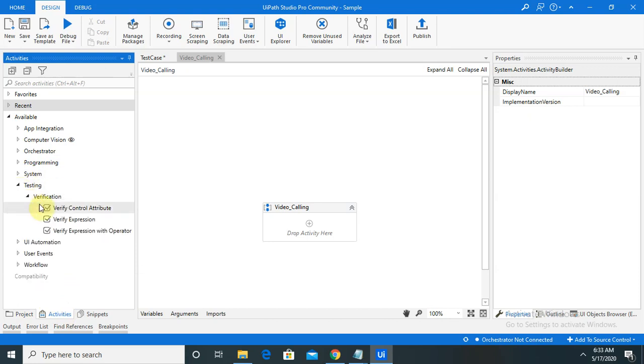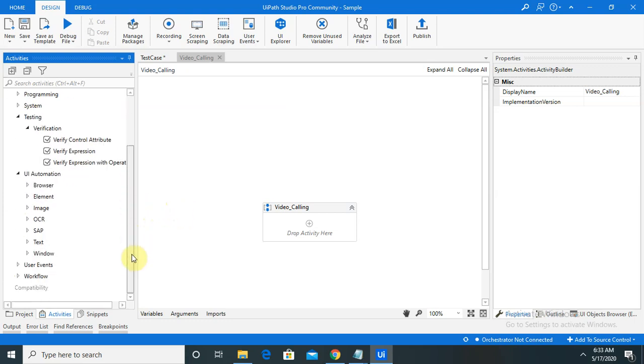You can see the verification and validation controls are also available: verify control attributes, verify expression. Whatever expression you have, you can verify it according to your requirements. Several others are also introduced, for which I have already created a video in UI automation. Please watch that so that you will learn each and every aspect.